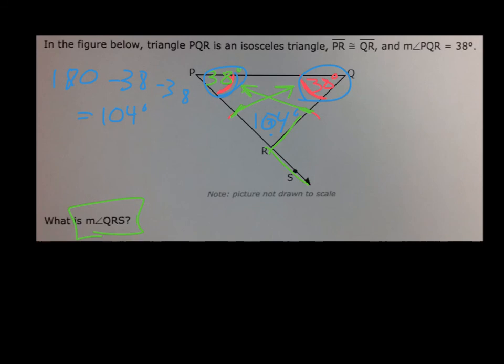Now I need the measure of angle QRS, and those two angles form a straight line, so they're supplementary, or they add to 180. So now I'm going to take 180 and subtract 104. And my final answer there is 76 degrees. So what I wanted you to see is that 76 came up a lot. There is this theorem, now you're not in a geometry class in high school, but there is this theorem that